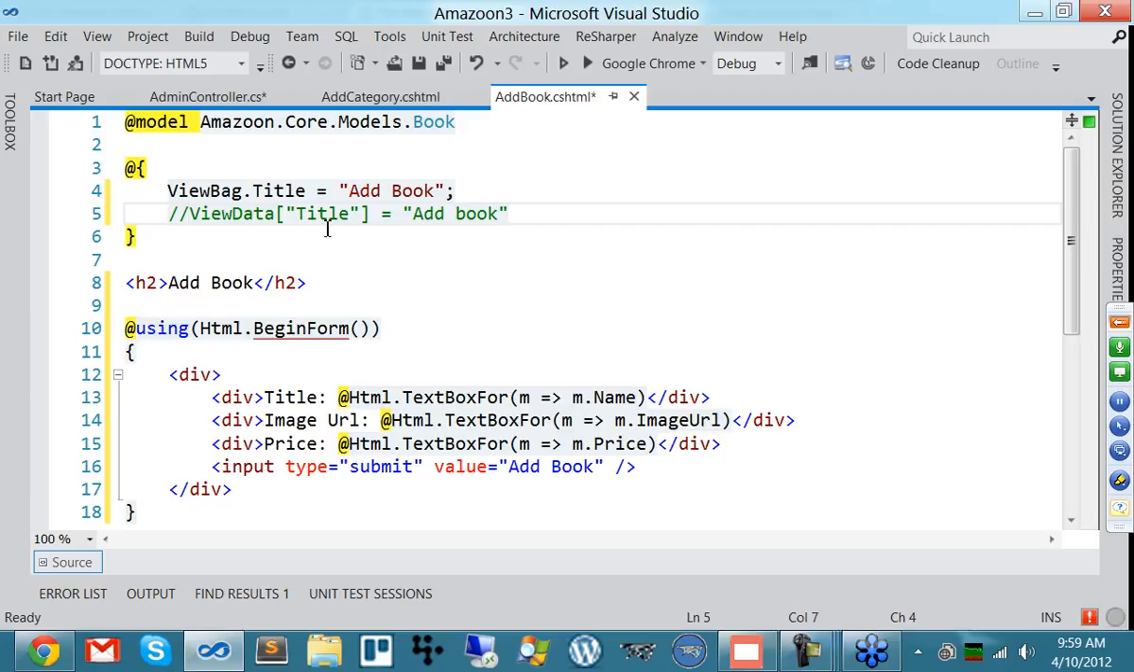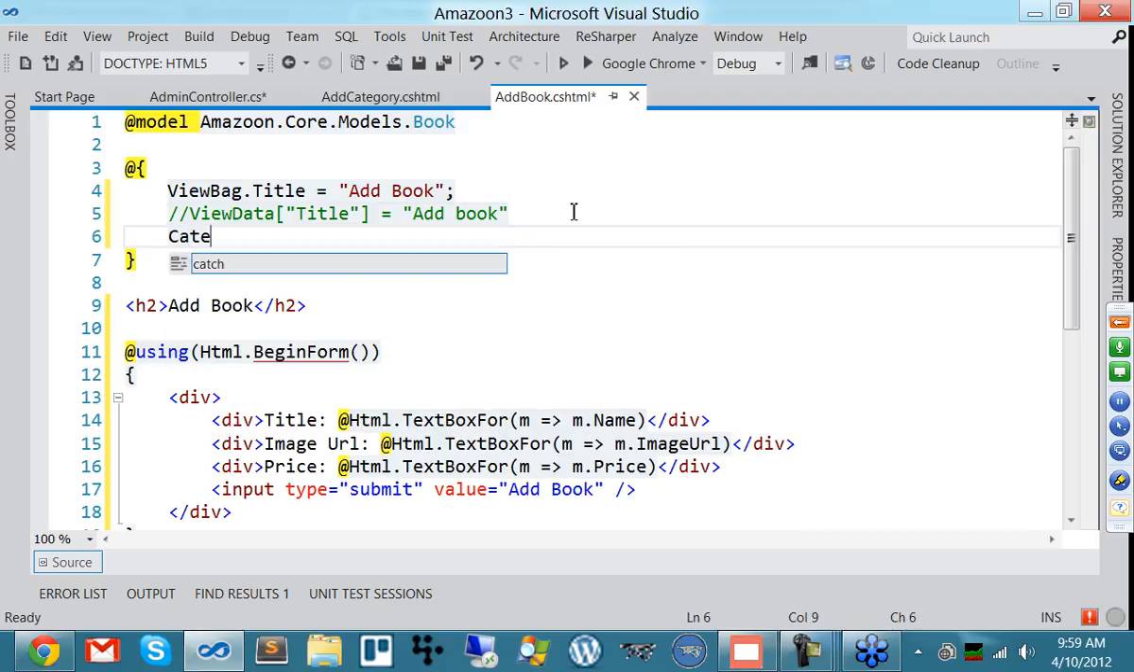But typically in MVC we use ViewBag. It's just a little bit cleaner. So what we're going to do is add some categories in the controller to this ViewBag, which lets us pass data through sort of another channel besides the model. So we'll be able to say something like this. We'll say category,